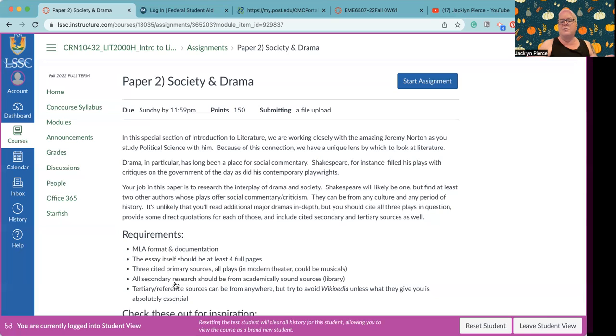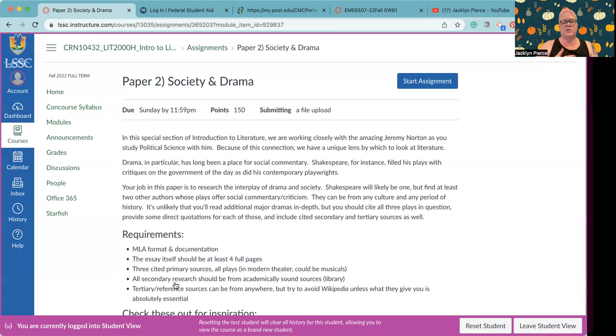So it's a musical as well. Most of the big Broadway shows in the modern world have been musicals. But of course, there are a lot of plays still produced that do not have music involved in them. So you can choose musicals, but you don't have to. You do want to have 3 plays that are usually from different eras or different cultures. One of them, like I said, could be Shakespeare.